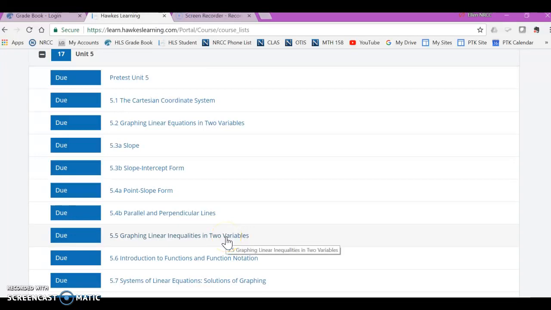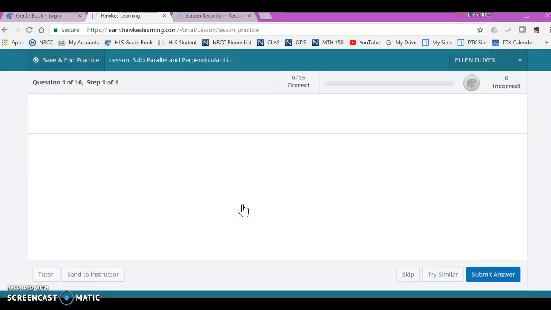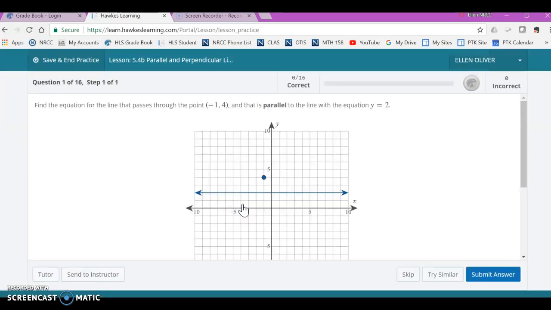All right, this video is for 5.4b, parallel and perpendicular lines. Those are particular specific situations of linear equations that you've already sort of been dealing with, so this shouldn't be